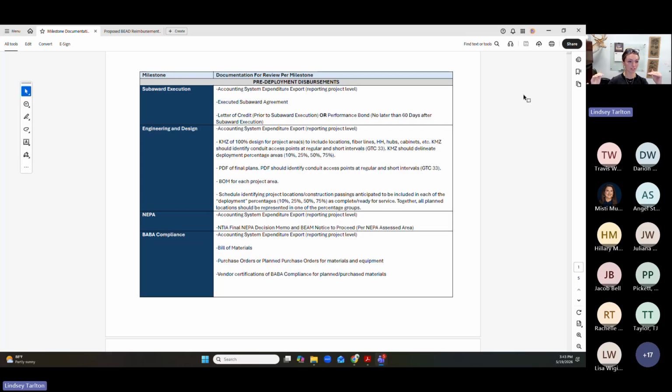So reporting project A, NEPA assessment area A, they're aligned. So when you get your final decision memo from NTIA for reporting project A, that's satisfied, and that reporting project can meet that milestone requirement in its entirety because everything in reporting project A was NEPA cleared. So you can obtain that reimbursement request.